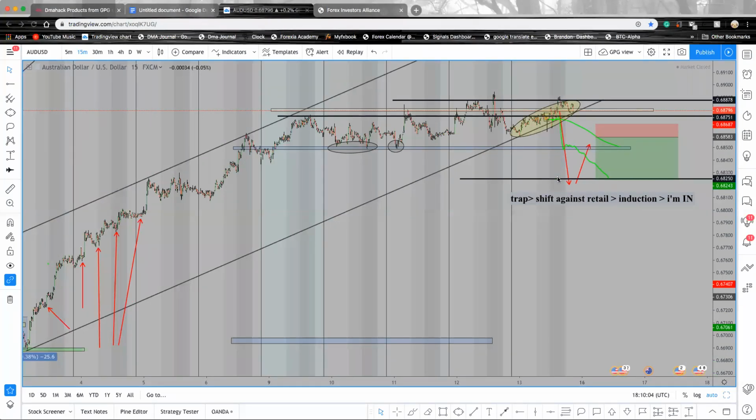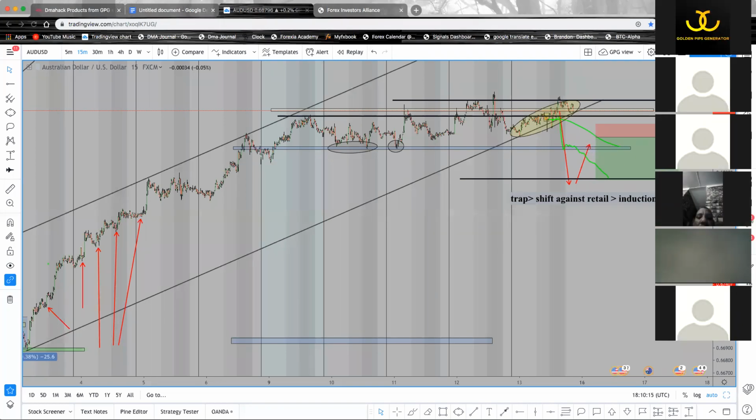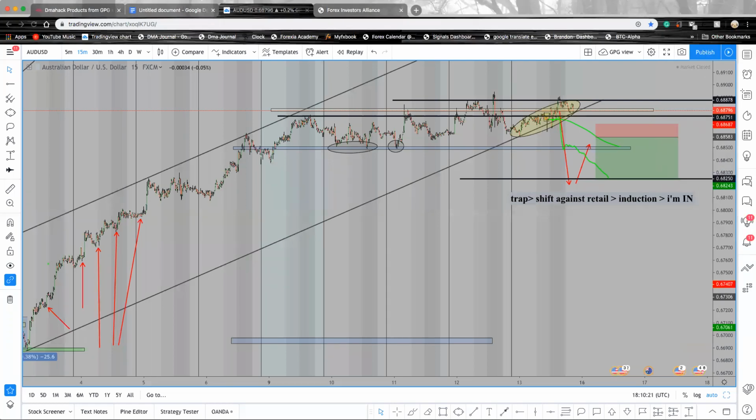You want to see that shift below them, and then there will be an induction that will end at DMA. I'm not going to talk about that now, but it ends at DMA and then we enter. Basically, our entry is after the shift and after the induction. That's the safest